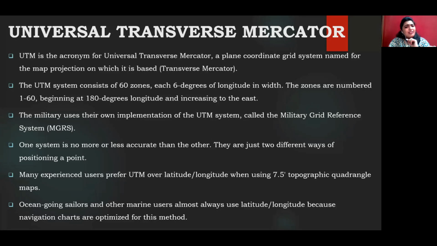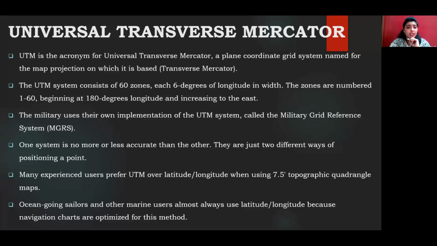One system is no more or less accurate than the other. They are just two different ways of positioning a point. So many experienced users prefer UTM over latitude longitude when using 7.5 degree topographic quadrangle maps. Ocean mapping sailors and other marine users always use latitude longitude because it becomes easier for them to